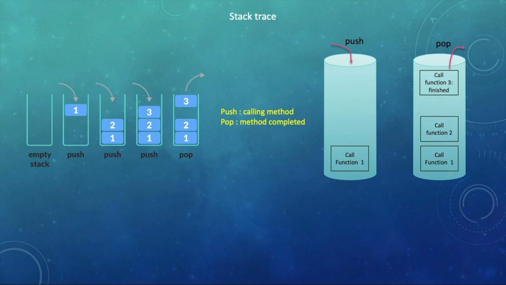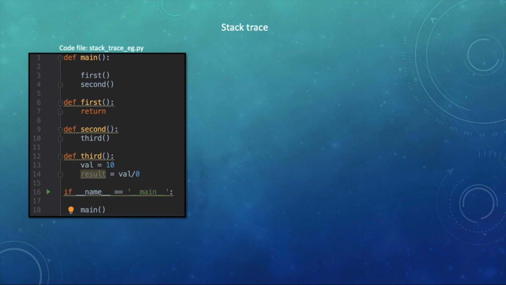Like here, the call of function 3 is going out of the stack after its completion. As long as the program exists, the function at the top of the stack runs until its completion. And when no functions are left in the call stack, it means the program has finished running, right? For example, imagine we have a program like this with the methods main, first, second and third, where main calls first and second in order, with second calling third in line number 10 as part of its definition.